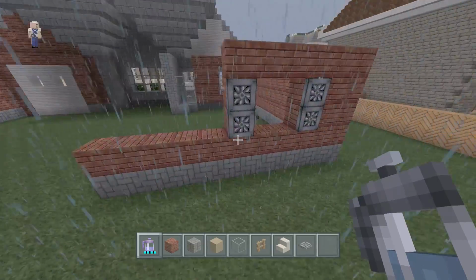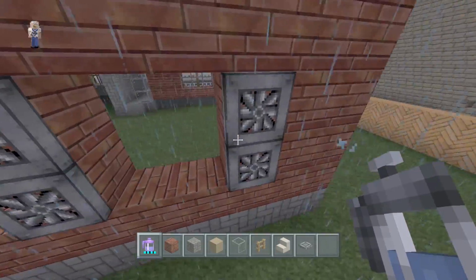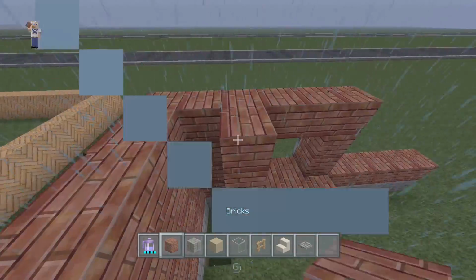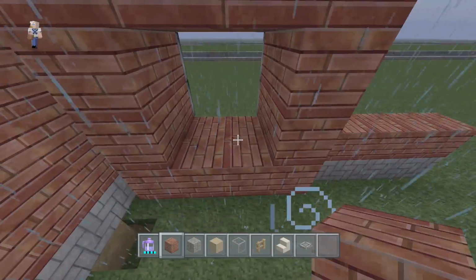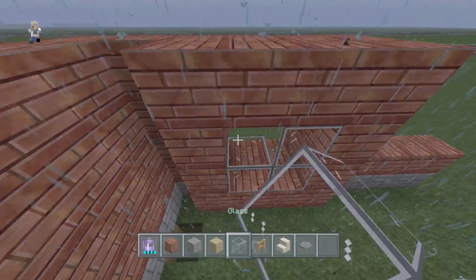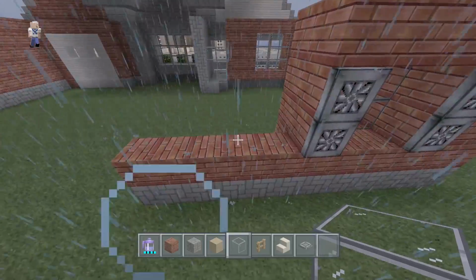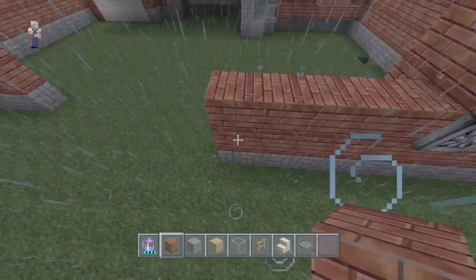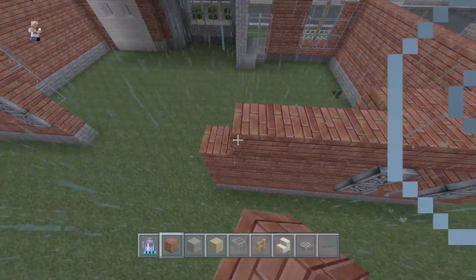Okay, so after this window here, this window is still going to be 2 wide, even though there's nothing in it, like the fence. It's still going to be 2 wide, so we are still going to put our glass in here. Okay, and next, we want from here on out to be 5 blocks. So 1, 2, 3, 4, 5. And we're just going to stack this up as well.